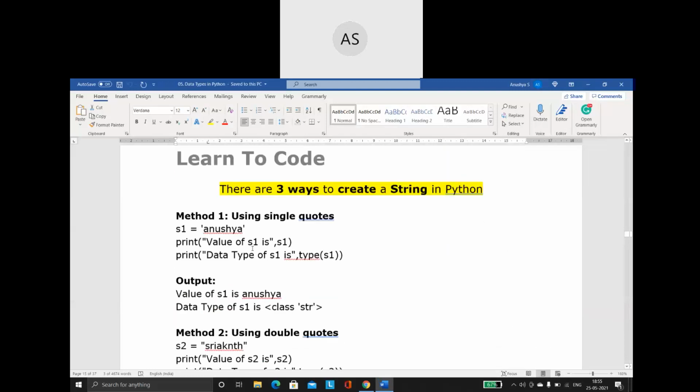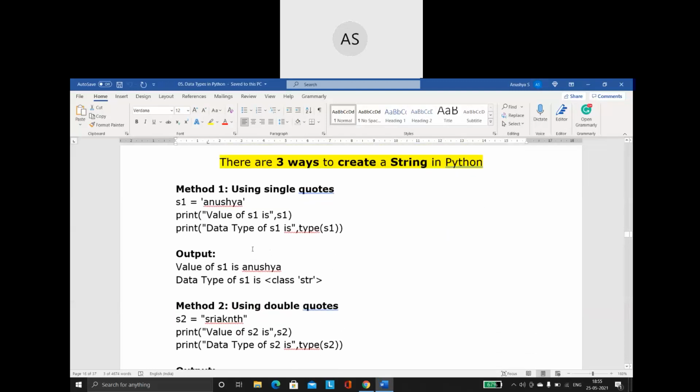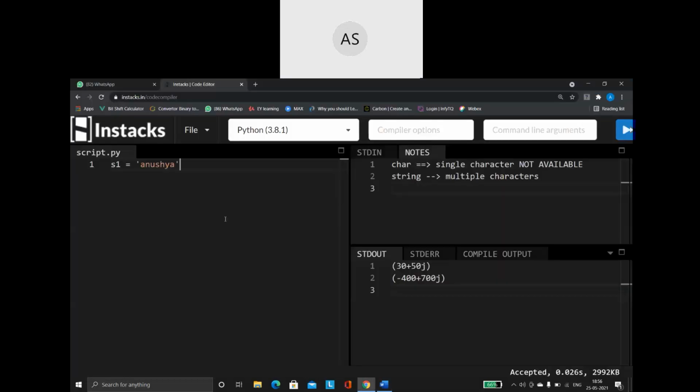Okay, so now in Python, how to create a string? There are basically three ways using which we can create a string in Python. The first way, which is very simple, is to make use of single quotation marks. I'm going to create a variable.